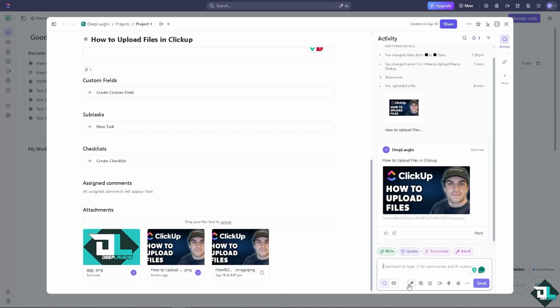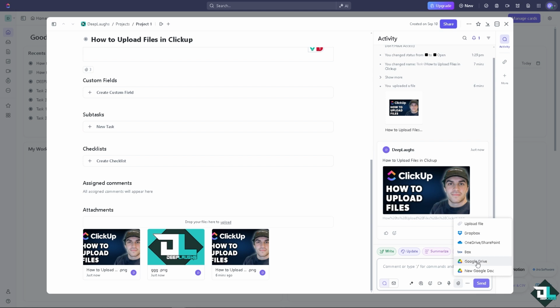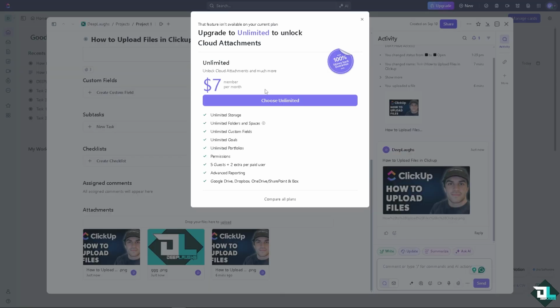You see, there's going to be another option here that says Google Drive. I'm going to click that, and from here, before you can use the Google Drive, you need to upgrade to the unlimited plan to unlock cloud attachments. And from here, you have all of these perks and benefits for you, like unlimited storage, unlimited folders and spaces,